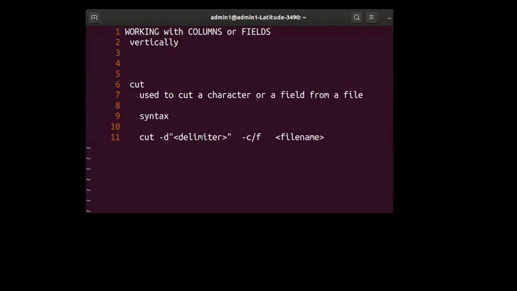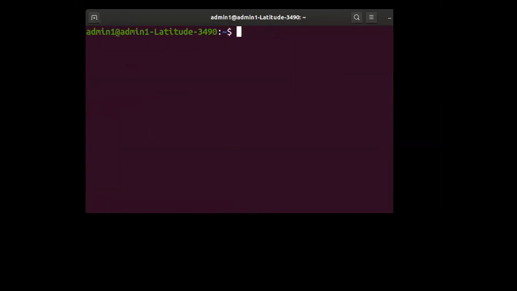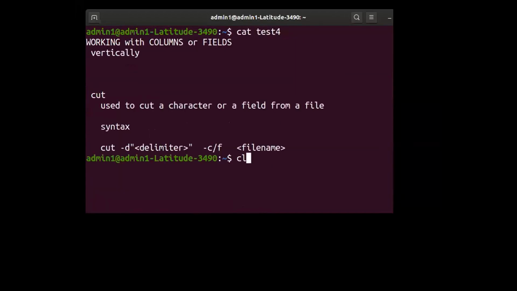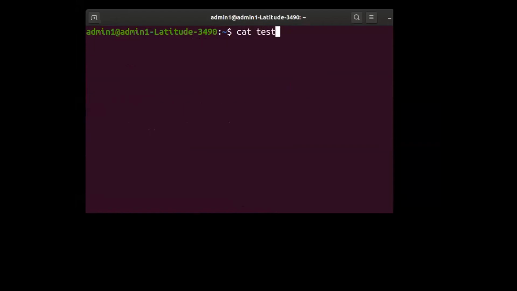Now let us see how this cut command works. Let us take the file, cat test3. I'll simply use the cut command on this file, and I say cut -c1 followed by the file test3.